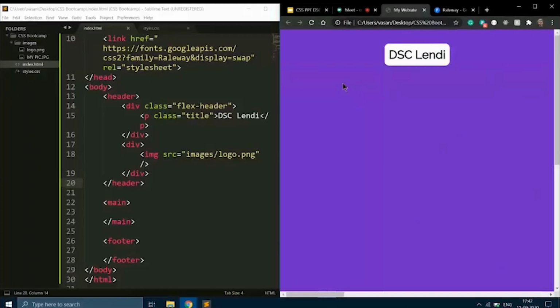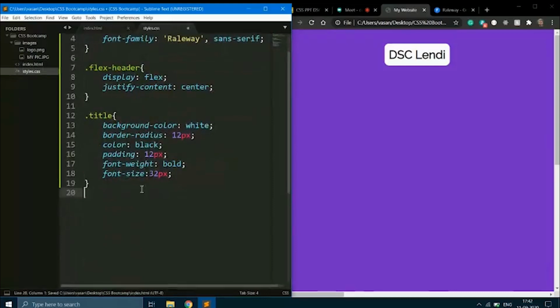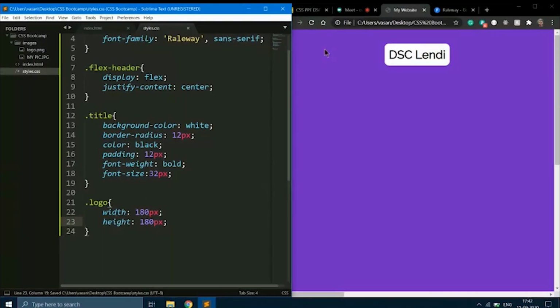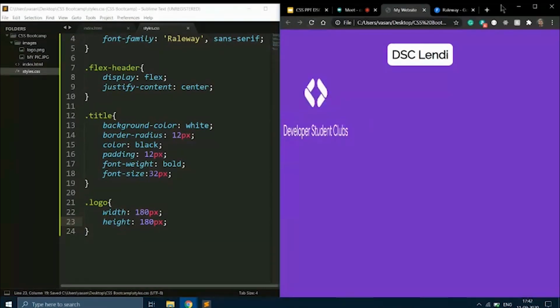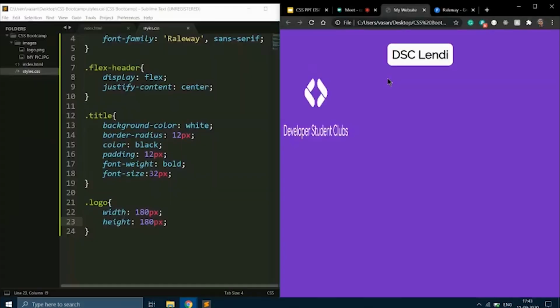So now I'm going to resize that logo. For this image tag, I'm going to give a class, say logo. So I'm going to use this logo class in our CSS file. I'm going to give the width property to our logo, say 180 pixels and height 180 pixels. As you can see, we have got the logo, but that is not looking good to me.